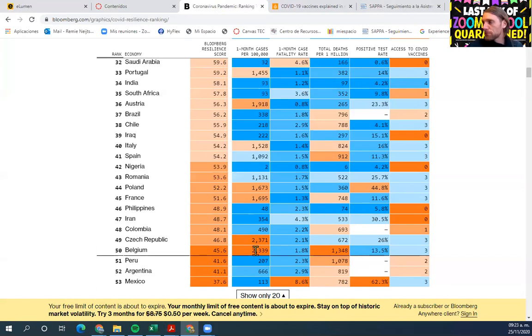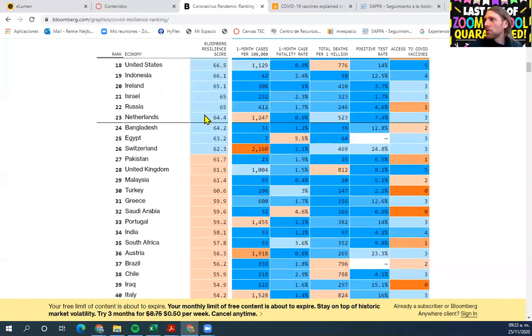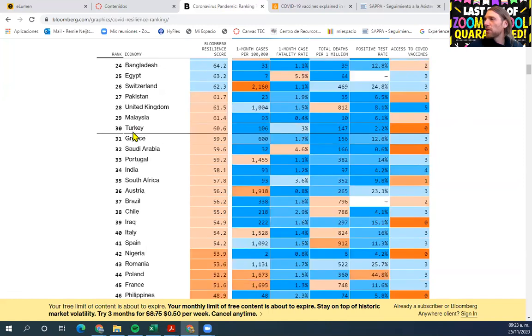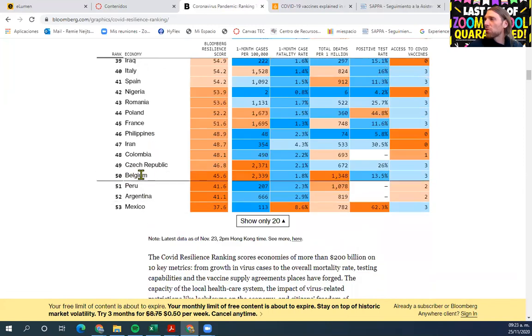So yeah, there are other countries in trouble, but it's a pity that we are here at the bottom of the list. I mean, we will see what this really means. On the other hand, if you look at the Netherlands, which is the country next to Belgium, they're doing really well. So there is something about it. And then of course Mexico being really in last place,